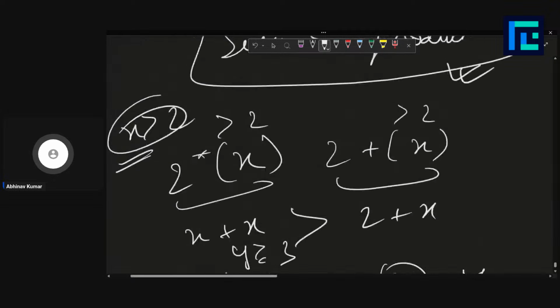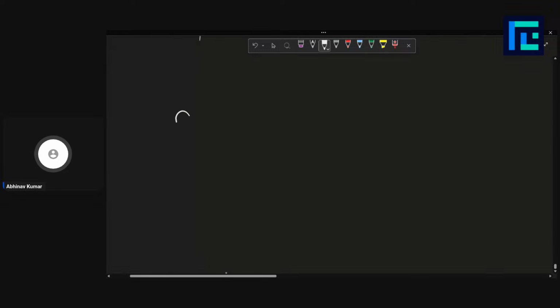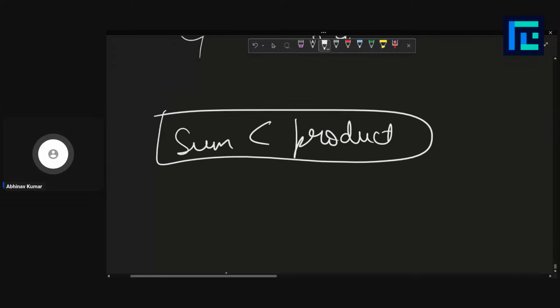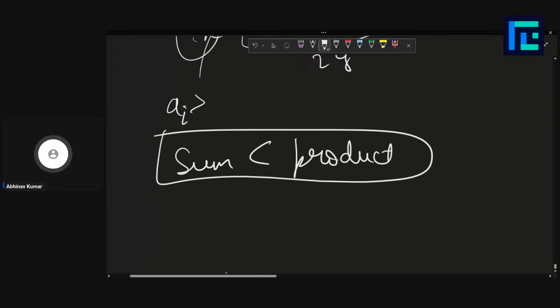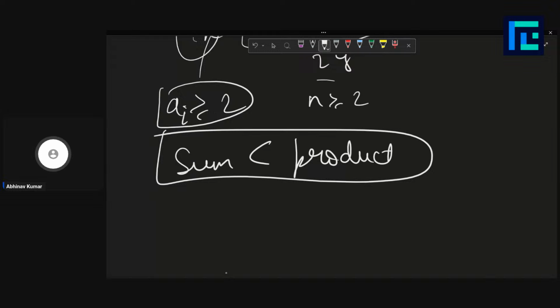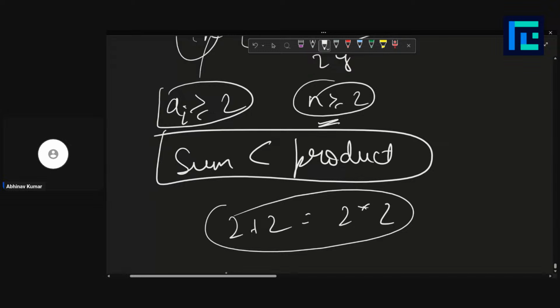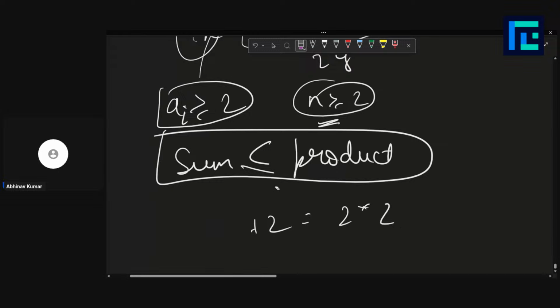Okay, so I hope you can prove that the sum would always be strictly less than the product, provided that A_i is greater than or equal to 2 and the number of elements in the sequence we are considering is greater than 2. The only exception is 2 plus 2 equal to 2 into 2. This is just one exception. Or we can say less than or equal only. Okay, now